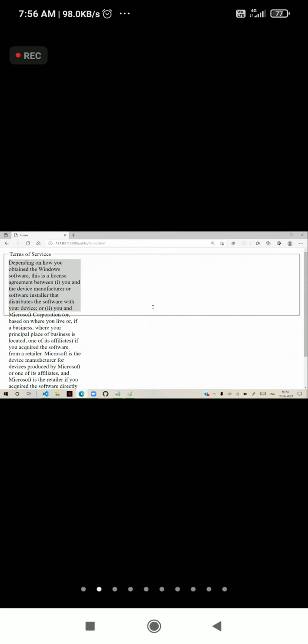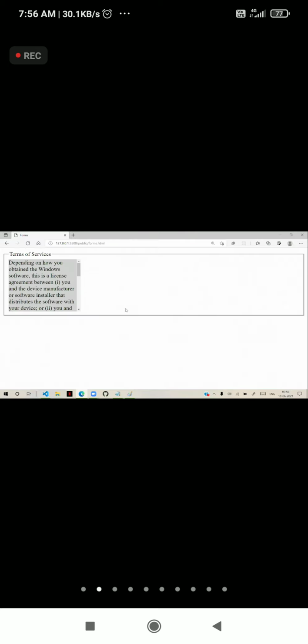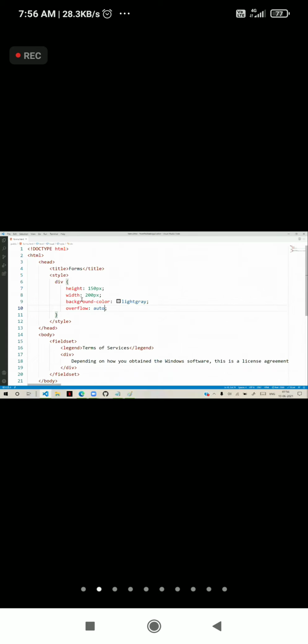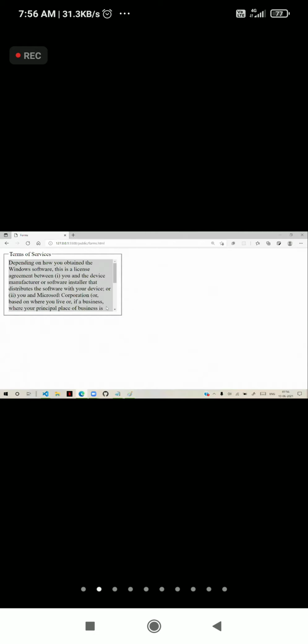And here I will give overflow as hidden or overflow as auto, and you can see the scroll bar will come. Suppose I give 300, the fieldset width is also 300 pixels. This is the terms of service option. Now you can scroll and read that.